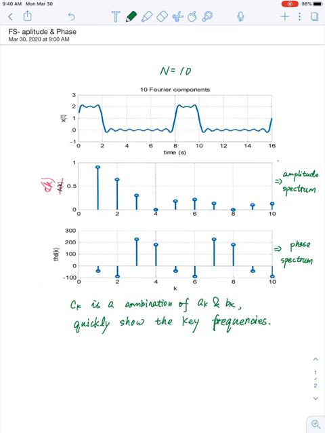So I also want to emphasize that it does not mean the amplitude spectrum is important and the phase spectrum is not important. Actually, the phase spectrum is also important. It provides additional information that is not included in the amplitude spectrum. And for that, I think you will learn that part in later courses. So with this, we finish